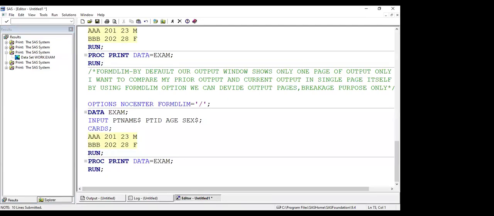So next is the missing option. It is an interview related option, the missing option. What is the purpose of using this missing option? Just now, yesterday we discussed and today also, how many data types do we have in SAS? Two types: numeric and character. So in this concept, all character missing values